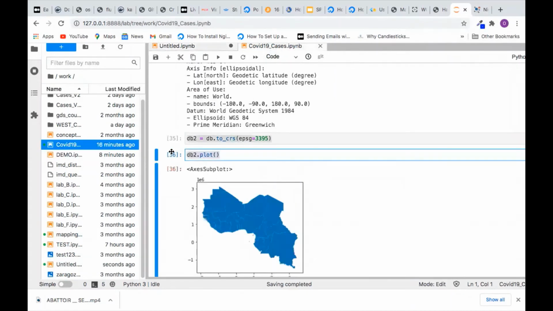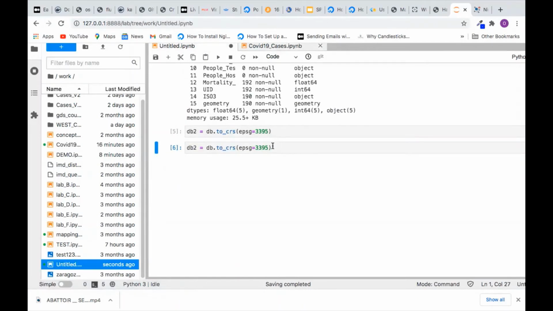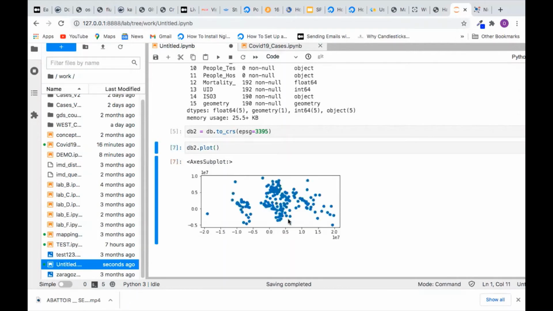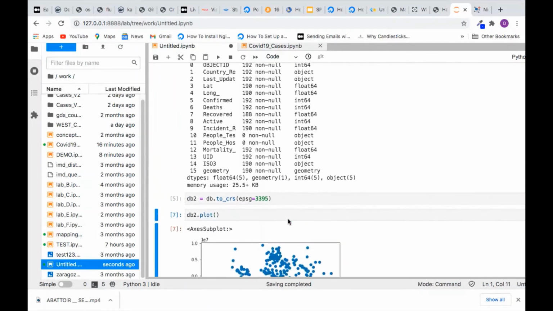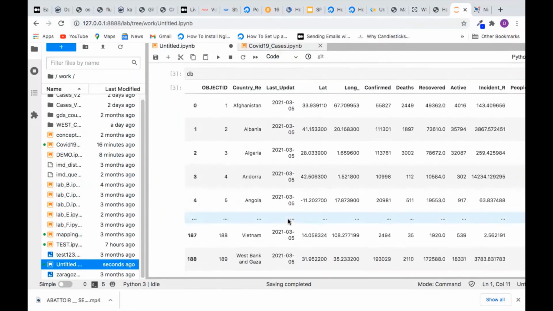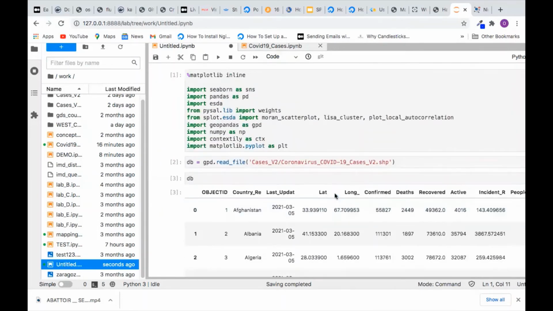Just database.plot. Copy, then put it here, then run it. Oh, what is happening? Sorry. I copied the point data rather than the